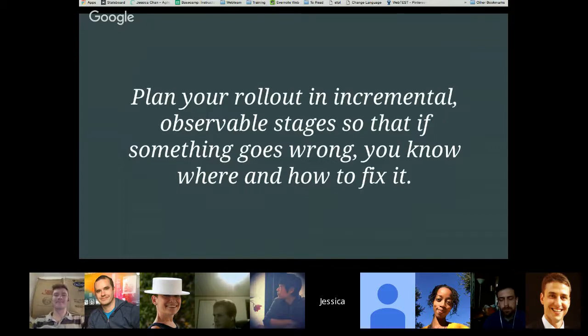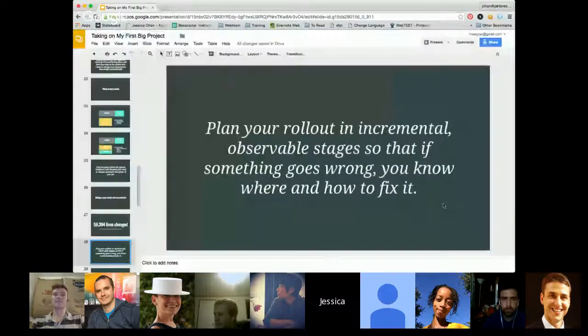So I did totally break stuff when I rolled out my huge client-side change, and luckily I was able to fix it very quickly because somebody stopped me from rolling out everything, and I knew it was a client-side change and a client-side problem. Had I rolled everything out at once, I would have been so lost, and I'm really glad I didn't do that. So I'm going to take a break here to see if anybody has any questions.